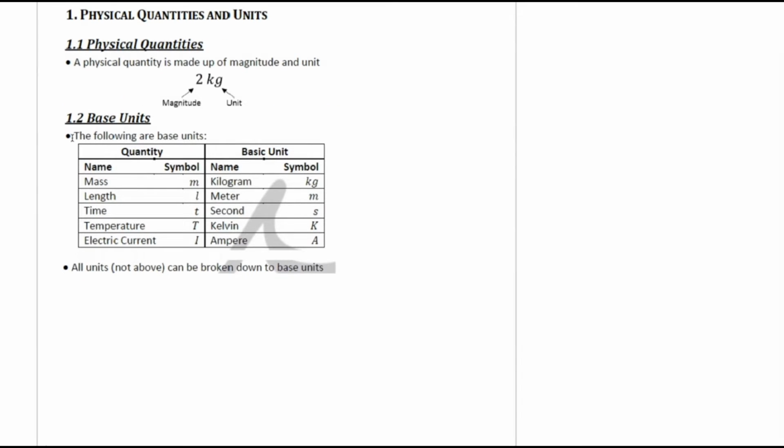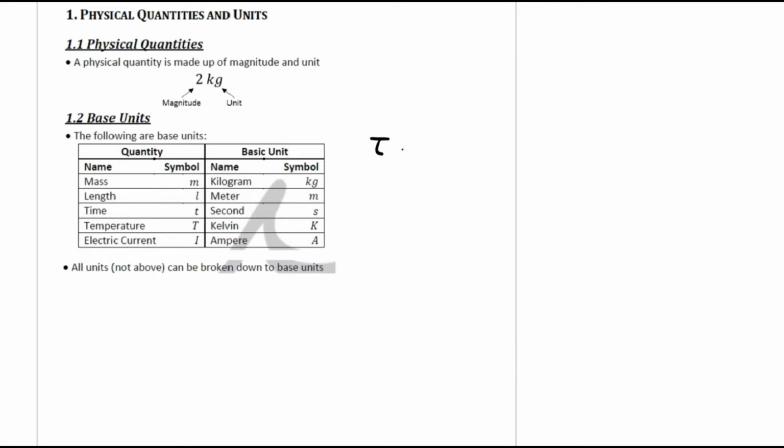Now let's continue with 1.2, base units. For base units, we need to know the following. So the following are base units. We have mass, symbol M, length L, time T, temperature capital T, electric current capital I. To remember the 5 base units here, normally we use